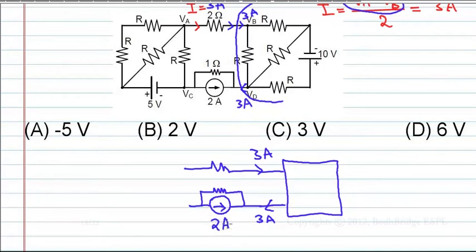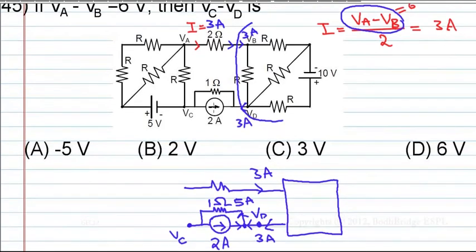This is 2 ampere given, 1 ohm, VC and VD. He is asking what? VC minus VD. 3 ampere is coming here, 2 ampere is coming here. How much current will go into this? 5 ampere. You understood from the KCL. KCL says that the sum of all the leaving currents is 0. Minus 2 minus 3 plus x equal to 0. Therefore x is 5 ampere. This is obvious, right? Here 3 ampere is coming, here 2 ampere is coming. Therefore here 5 ampere will go.